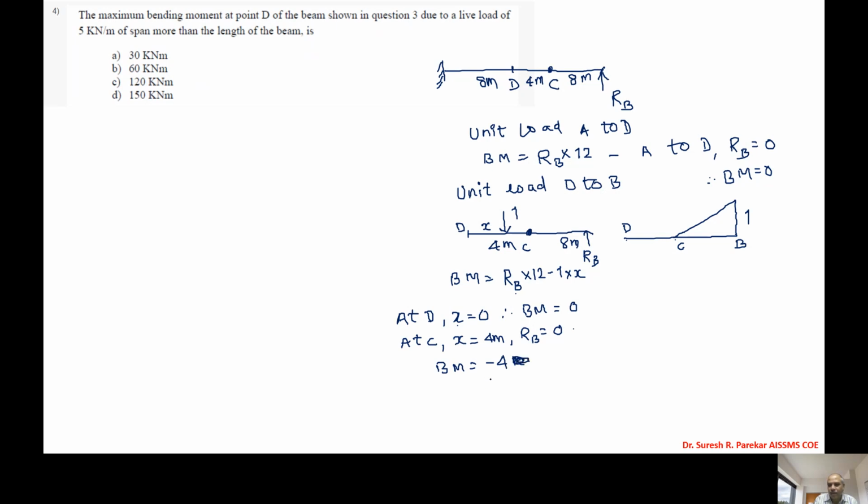Now at B, we have X equal to 12 meters and RB 1, and therefore bending moment